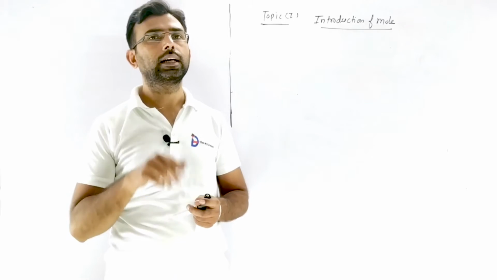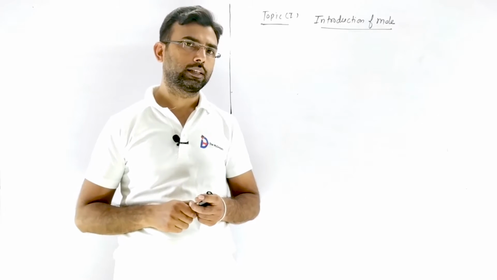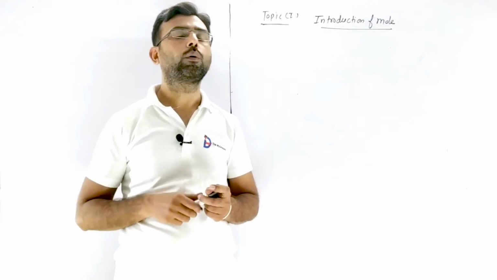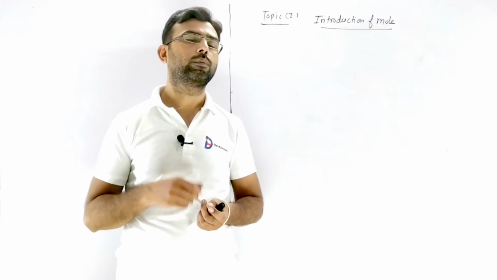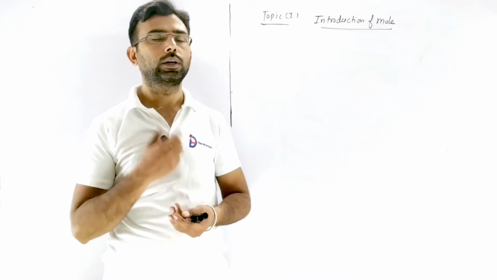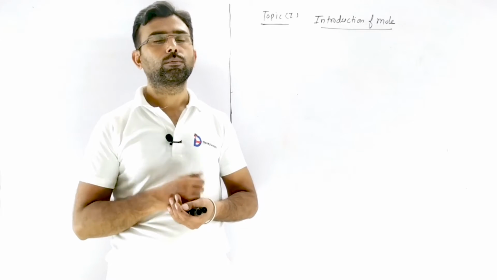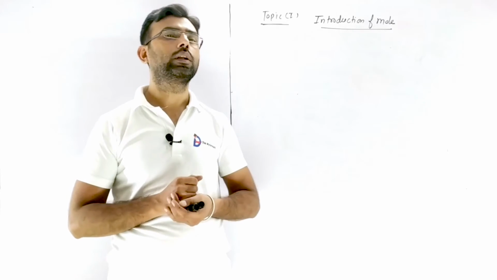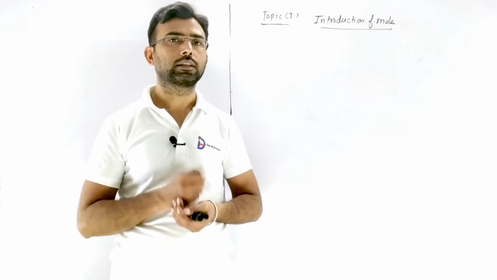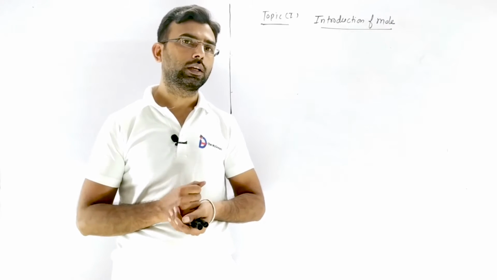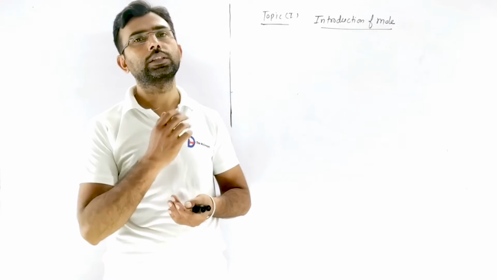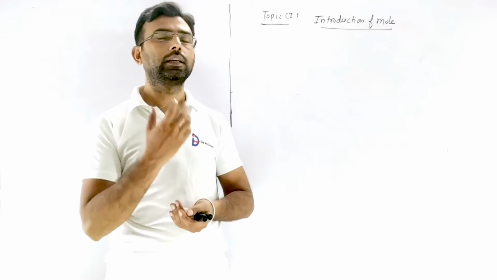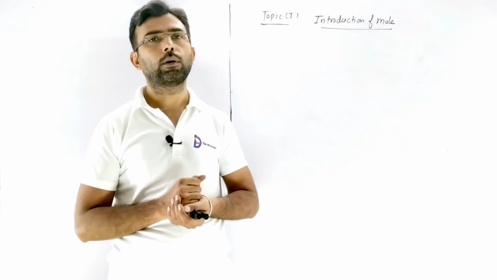Basically, mole is an SI unit, and this unit is used to calculate the amount of substance. We have substance in weight form, in volume form, and in number form. With the help of these three forms, we calculate in mole form. So mole is a type of SI unit. Next, why do we discuss mole? Because mole is the fundamental basis of physical chemistry. In physical chemistry, we calculate the amount of substance in the form of mole. That's why we discuss mole.